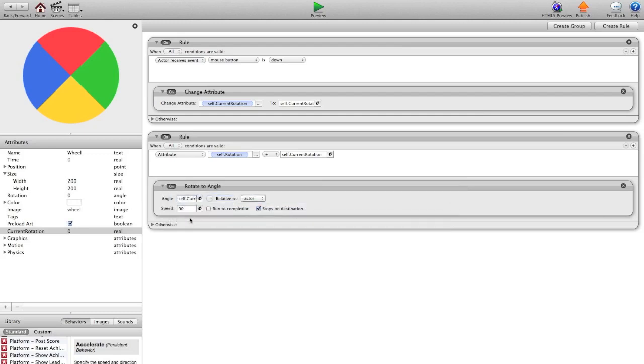So hit the check mark there. And the speed we're going to make 700. We're going to say run to completion. But then we're going to change it to relative to scene. And now our problem is this rule only checks once. So we want it to be